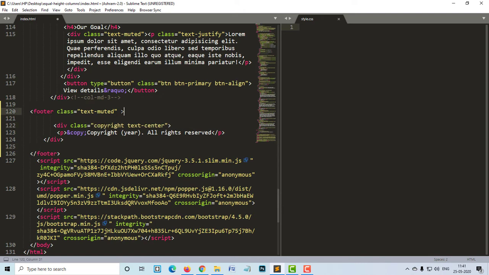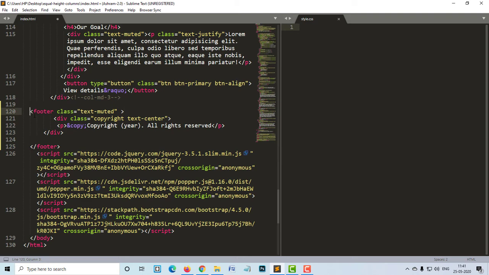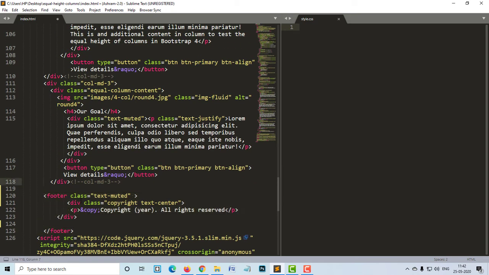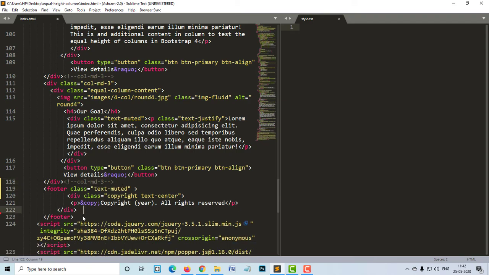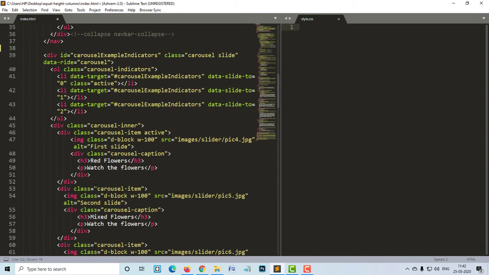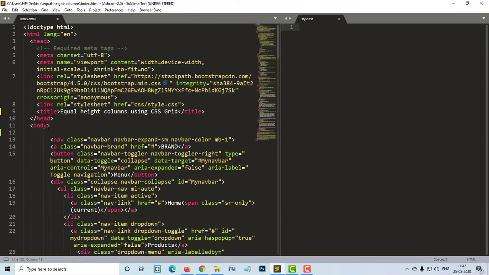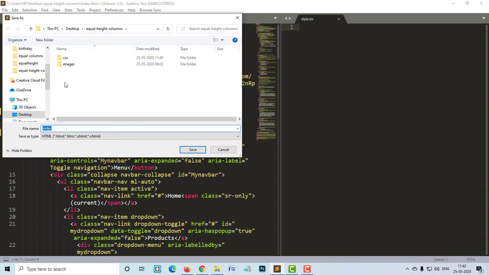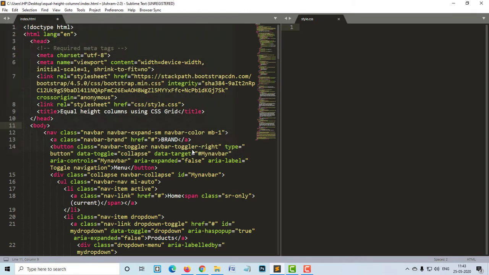Let's remove this and then align the contents. Okay, this should be fine. So now that we have removed the containers and columns, let's save this file. Coming to save as, and in the Equal Height Columns folder, let's save this file as index.html. Save. The file is saved as index.html.